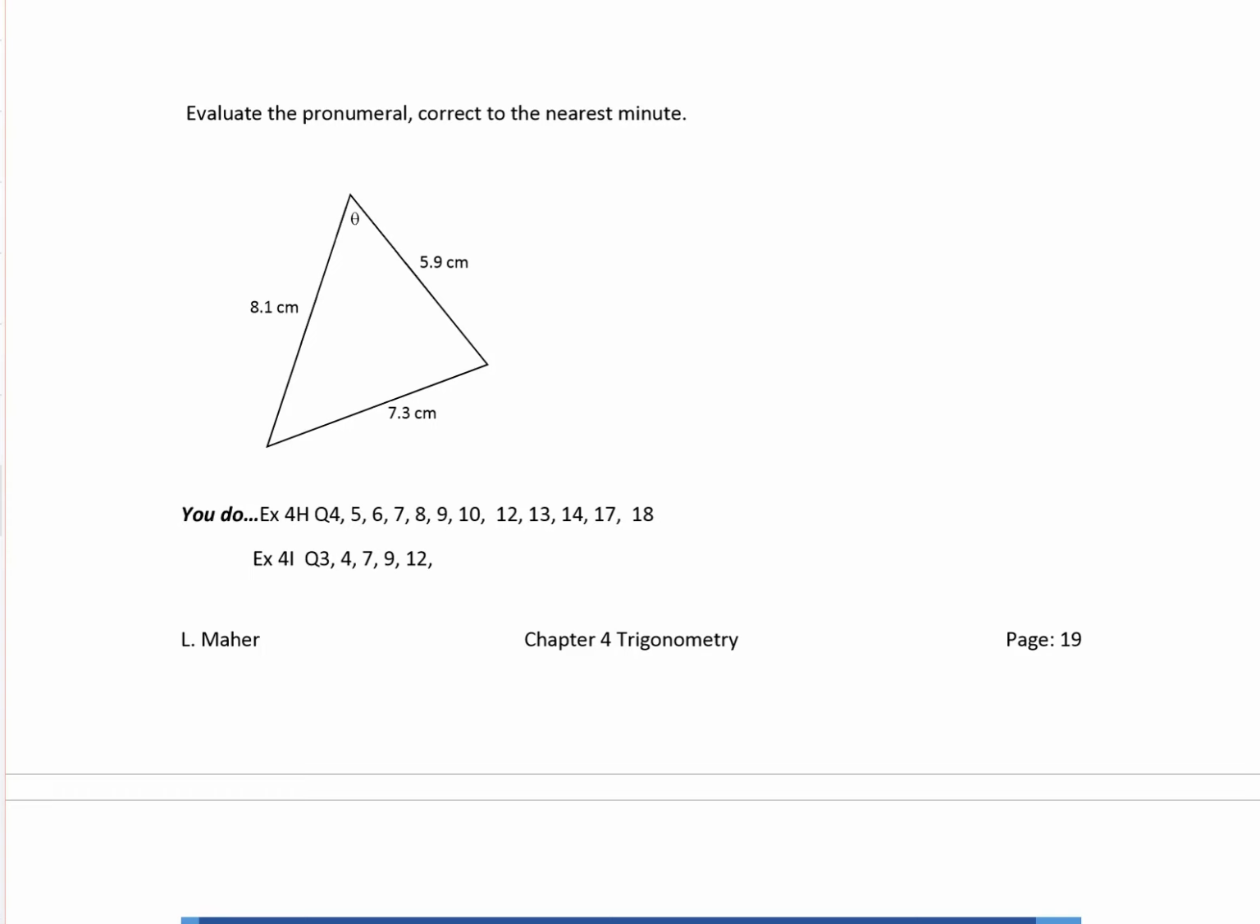Let's have a look at this second example. Evaluate the pronumeral, correct to the nearest minute. So clearly it's going to be an angle, and as you can see it is. Now, what I was saying before was it's really important that we get these sides, all three sides are involved, one angle. It's really important that we identify, in this case, that the angle is going to be C,